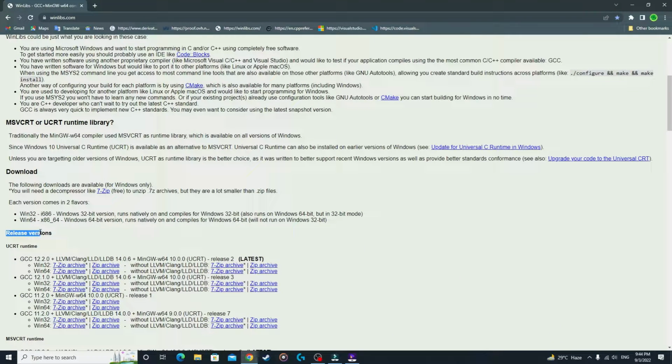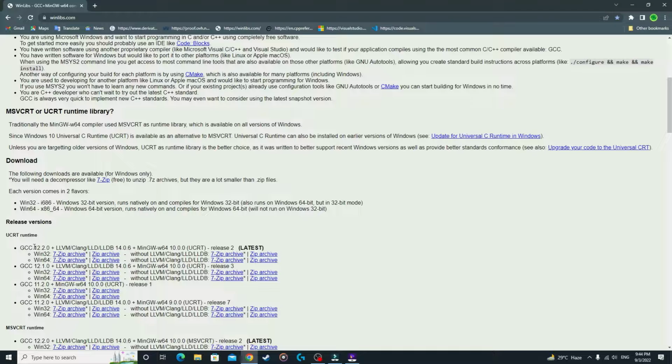So you're gonna download the newest release versions, whatever you find. Today is 9/3/2022. You might find higher versions in the future. So today I'm going to be downloading the 12.2.0 GCC compiler, LLVM Clang 14.0.6. So you're gonna download the Windows 64 version if you're on a 64-bit operating system, or the Windows 32 version if you're on a 32-bit operating